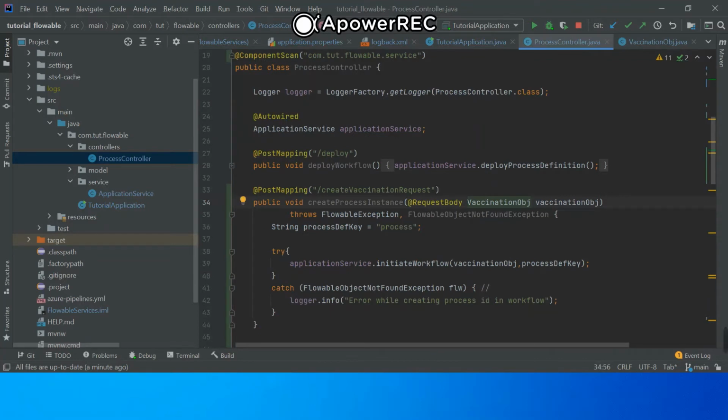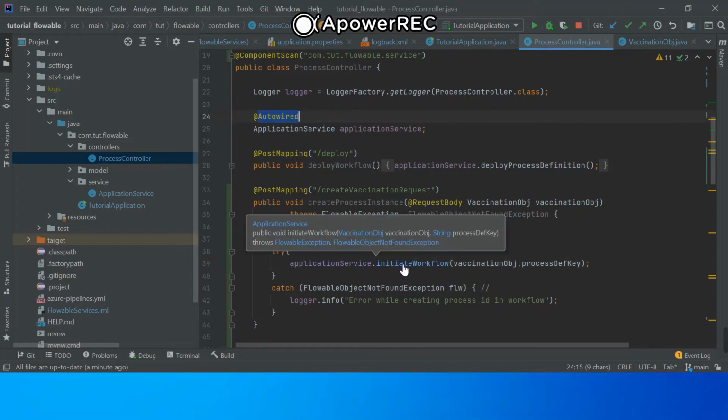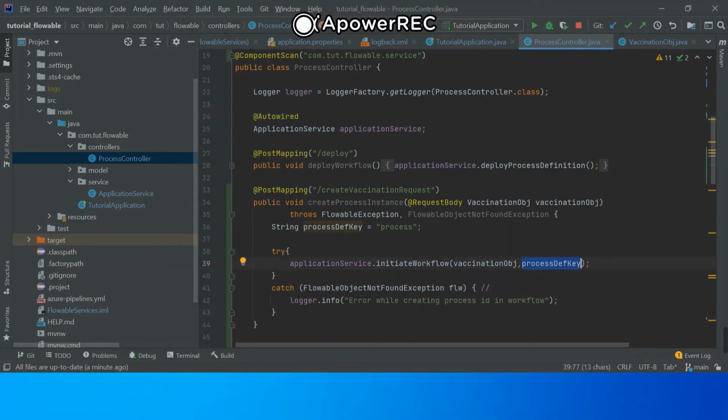With this, we are calling the application service, which is an object of the application service class, auto-wired here in the controller. And here we have an initiate workflow process method, where we are passing the vaccination object and the process definition key. This definition key we have as of now used as process.